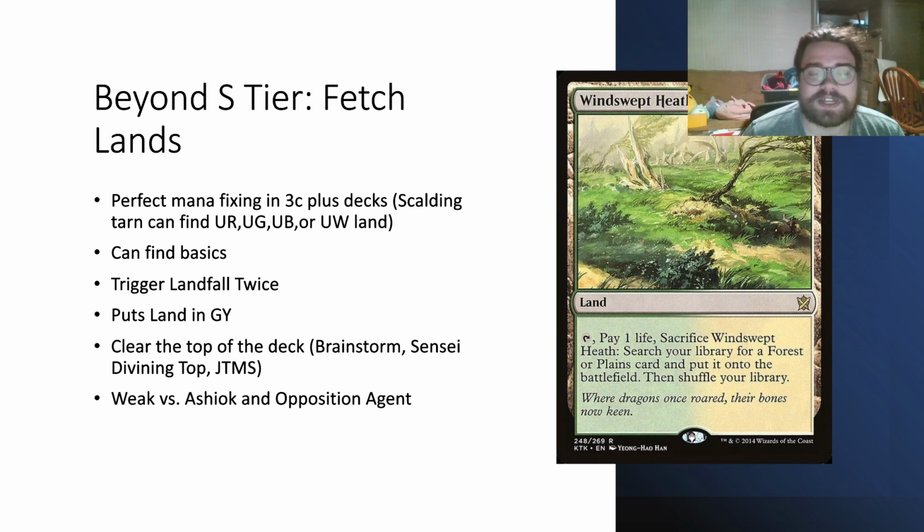Jason Mind Sculptor also does something similar. The weakness of fetch lands is that they don't tap for mana by themselves. So, depending on how many fetchables you have in your deck, that could be a bad situation. They're also weak versus cards that stop you from searching, such as Ashiok or Opposition Agent, but those are such